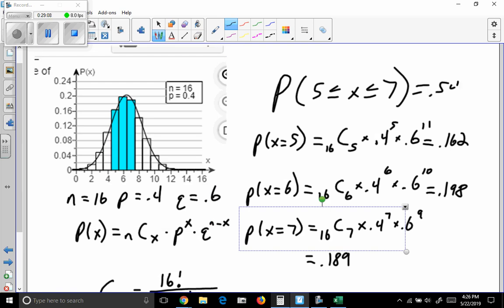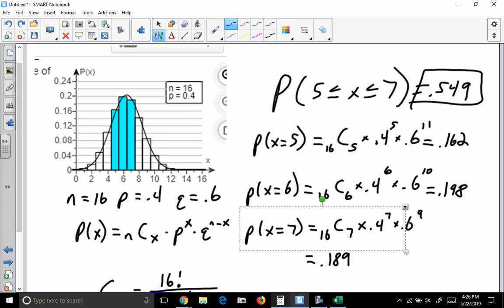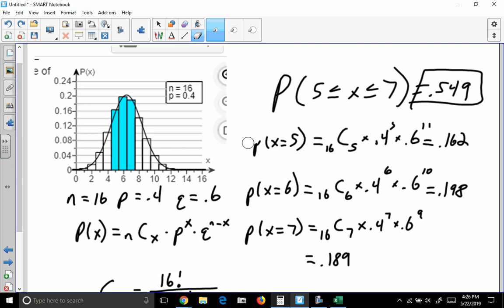And I say about because we did round to 3 decimal places. So obviously that took a little bit of work to do. And if we had more successes or more trials, it would take a while to do all of those calculations. So instead of doing all of that,